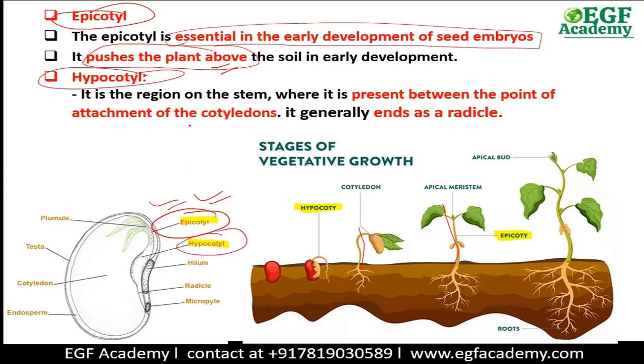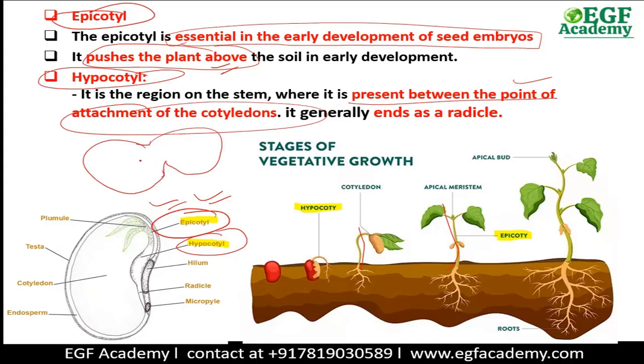And what is hypocotyle? It is present in the lower region between the points of attachment of cotyledons. See, there are two cotyledons. If we make its structure in this way, hypocotyle is present between them and the radical comes out from it. This portion. What will this portion form after going down? It will form the root. So from where will the root come out? From the hypocotyle. The stem will emerge from the epicotyle.